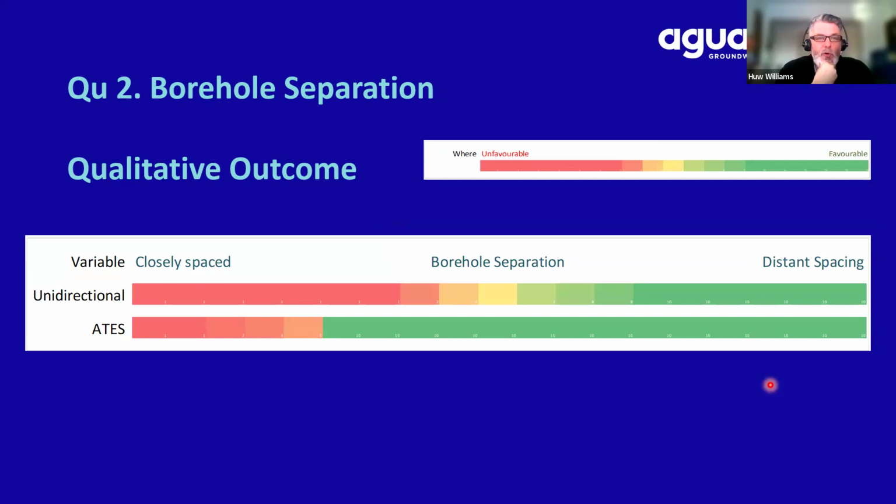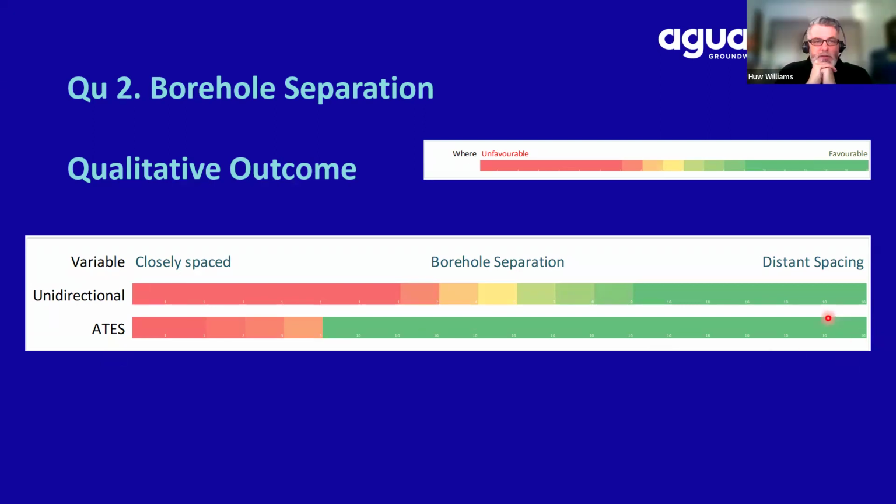This is a qualitative analysis of that, and we can see that we have the scenario of closely spaced boreholes on one side of our chart and distant spacing on the other. I think this hopefully shows that the unidirectional system, the pump and dump, is more sensitive to borehole separation than the aquathermal energy storage system. The aquathermal energy storage system has a greater Goldilocks zone, if you will, the green zone,